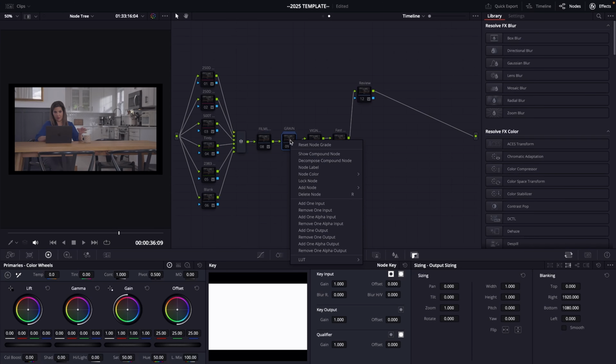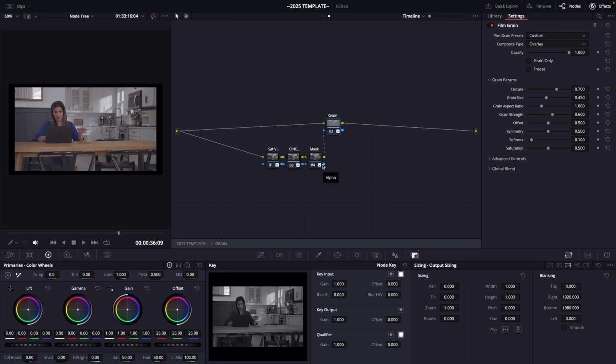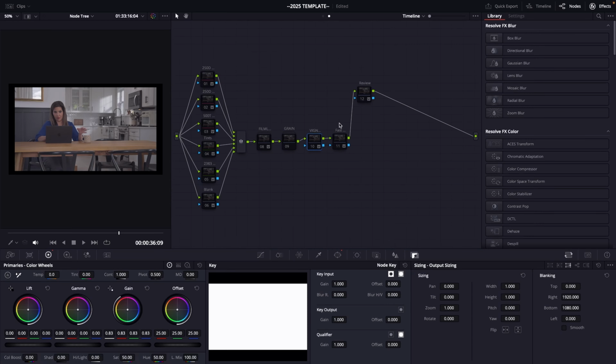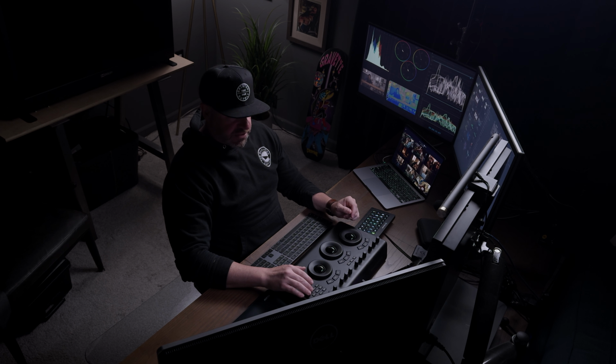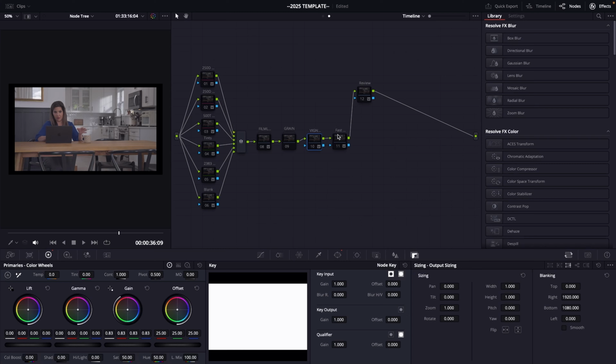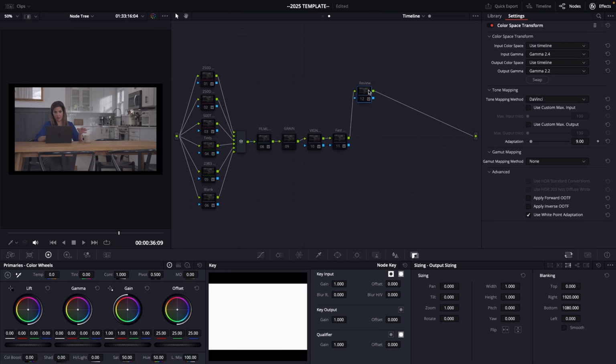After that, I've got grain engine. This is a little bit complex for this video, but it's emulating grain as if it was shot on film. So grain happens in film a very specific way. This tree's built out to emulate that. After that, I've got my vignette node. I like to have these on both the clip level and the timeline level, especially if we're doing something over and over again. Just apply the vignette to the timeline and we're good to go. After that, I've got my fast grain. This is cool. This lets us audition grain, and it runs very quickly because it's DCTL, so it runs off the graphics card. And then after that, I've got my review node,